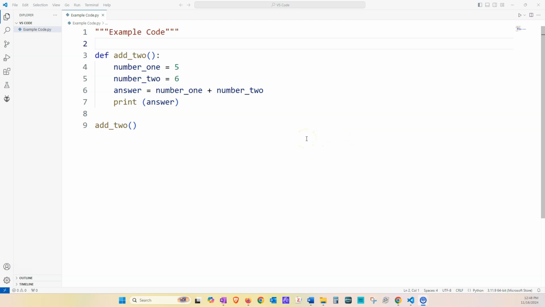So I've written this code, and there's only one problem with it, and that problem is that it's stupid. It does what it's supposed to do really well. So I define my function, right? Function, called it add2. Number 1 is 5, number 2 is 6. And then I take number 1 and number 2, I add them together, get the answer, and then I print